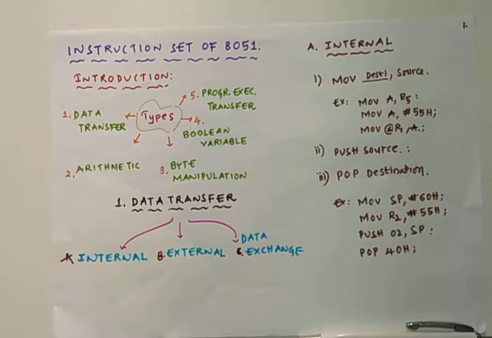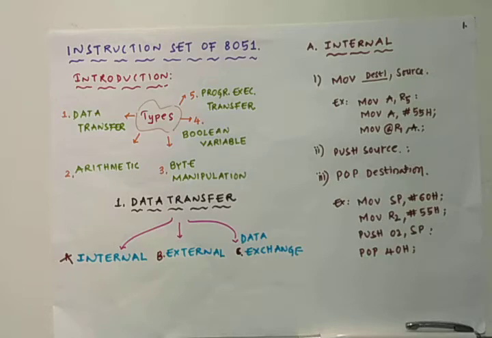Mnemonics are nothing but the short form of English words which describe the type of operation. In the instructions, we will specify some mnemonics. A mnemonic is a short form of an English word which describes the type of operation the instruction has to perform. So 8051 has 42 mnemonics that specify various functions.